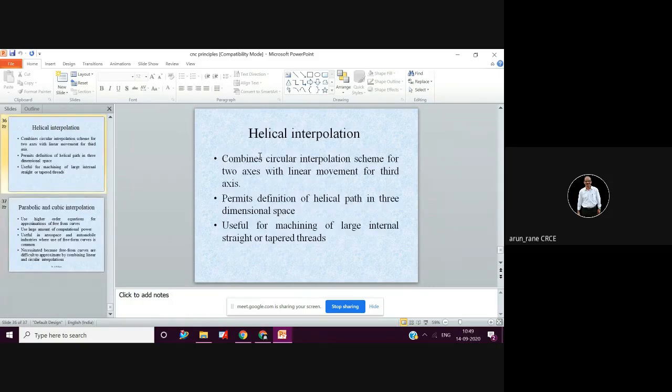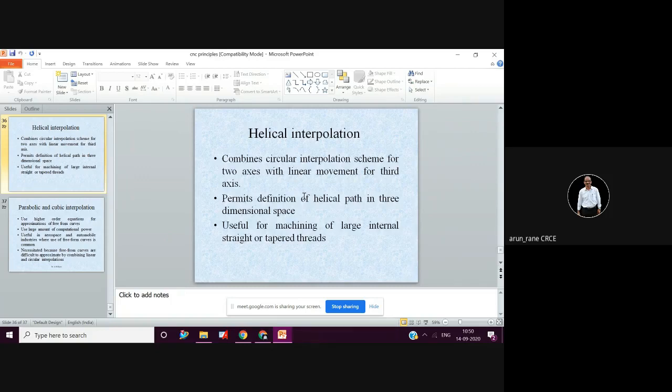Then helical interpolation is nothing but circular interpolation for two axes and linear movement for the third axis. That is what is called helical interpolation. Imagine a coiled spring. You have a series of circles, and these circles are moving up or down, from down to up or from up to down.